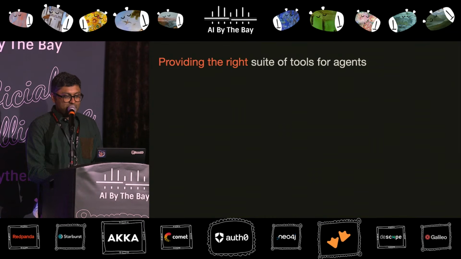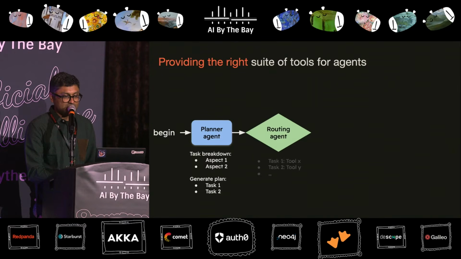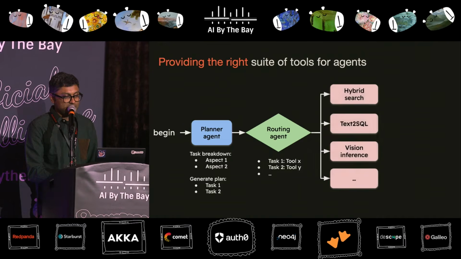At a high level, you could think of a retrieval agent that functions this way. You begin by specifying a task, such as a question that you want the system to answer. This is sent to a task planner. The planner's job is to break down the complex tasks into subtasks, and each of those can be broken down into tool calls. Essentially, you have a routing agent, and the router's job is to route the request to the relevant tool. By tool, I mean some form of retriever. And you can see here an example list of tools that this application is exposed to. You have a hybrid search retrieval, a text-to-SQL layer, a vision inference layer. You could potentially have web search APIs, and so on.